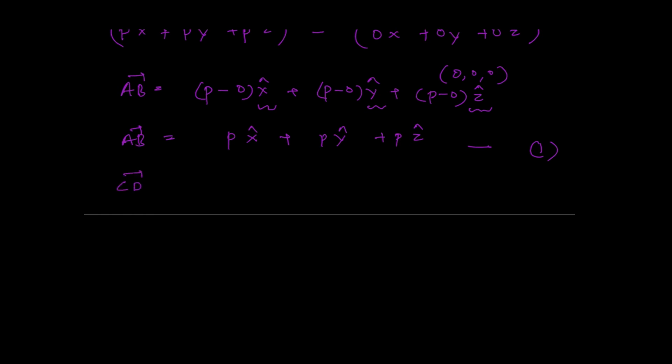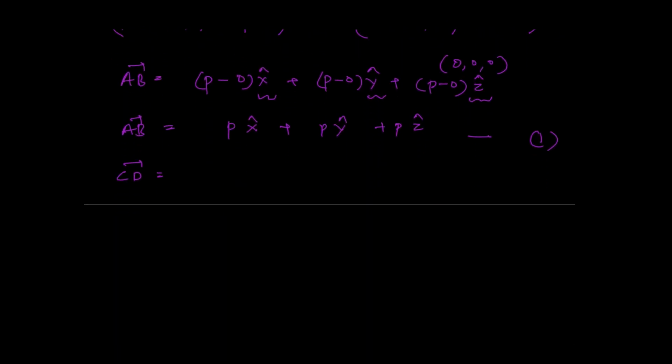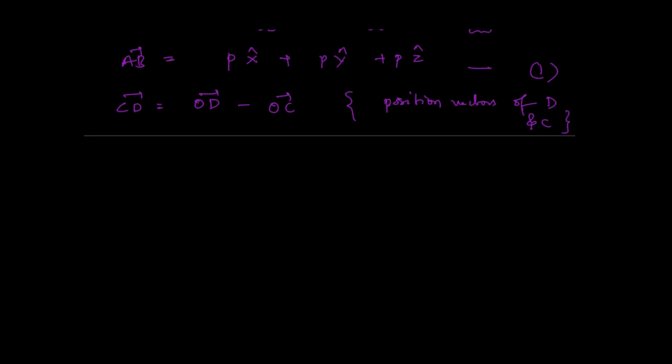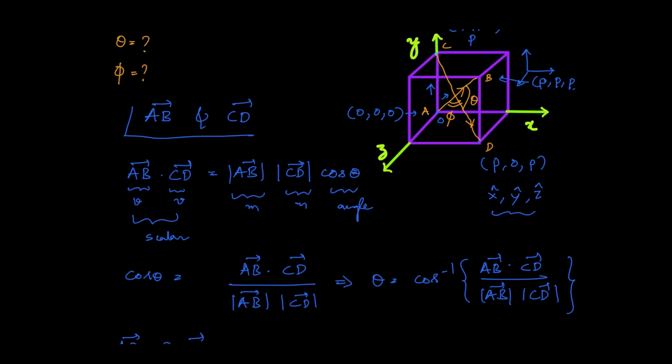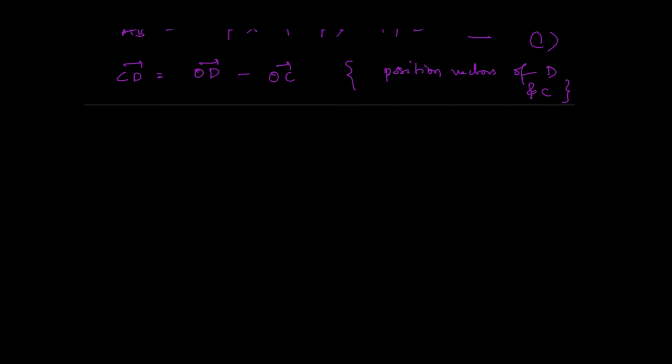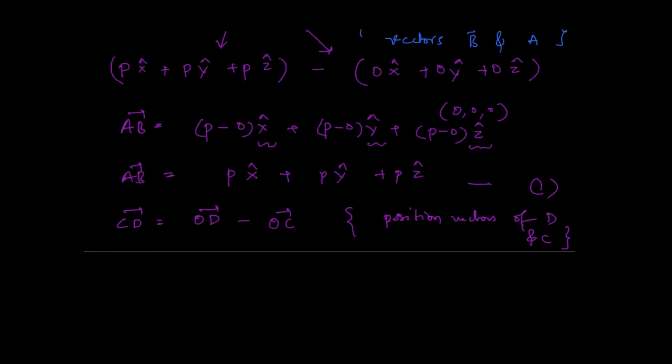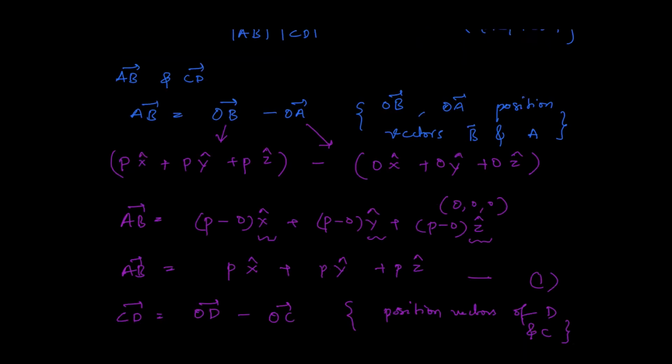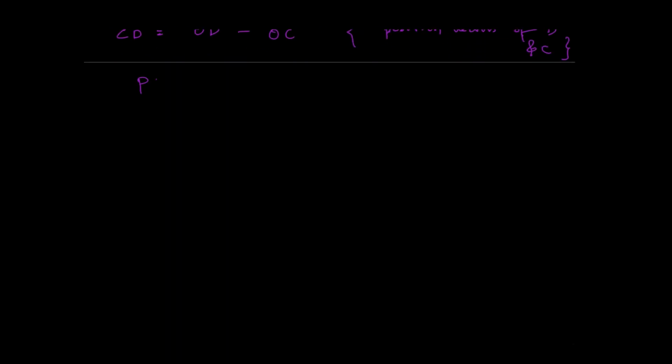Similarly, we will go ahead and find CD. CD would then be defined similarly as OD minus OC. Again, position vectors of D and C are used to find CD. So that would mean OD would be along this direction, which is basically the coordinates of the point D, which is, we know that D has coordinates P0P, so that would make it Px plus 0y and Pz